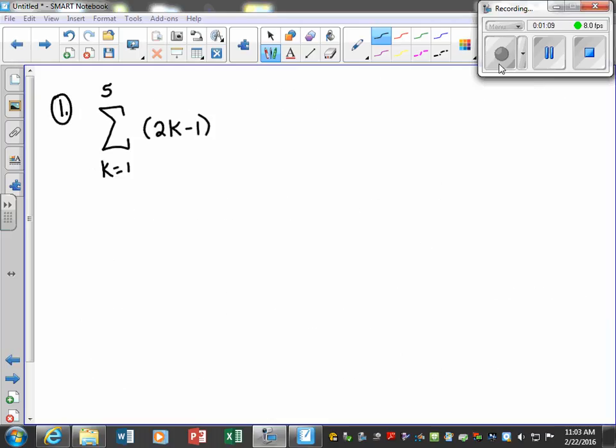Okay, so let's see this in an example. So our sum is from k equals 1 to 5. So we're going to do the sum all the way up to 5. Our 5 tells us where to stop. And we're going to apply this 2k minus 1. So if I was to evaluate that, that's going to be 2, let's let k be 1 to start, minus 1. Okay, that's the first term. Our second term would be 2. This time what's k going to be? 2. Good. And then minus 1